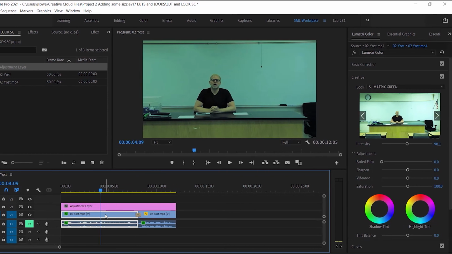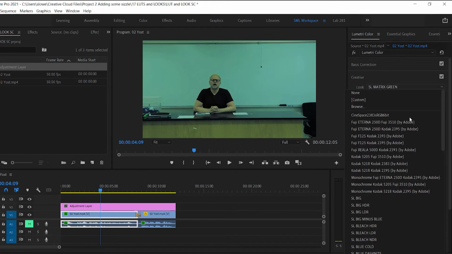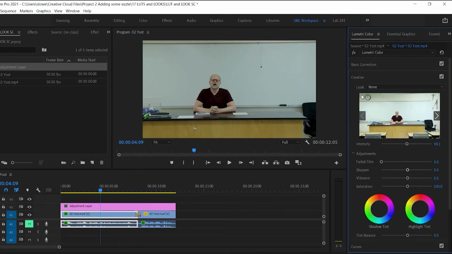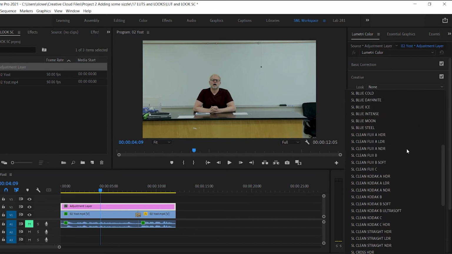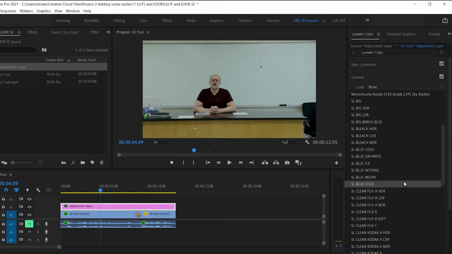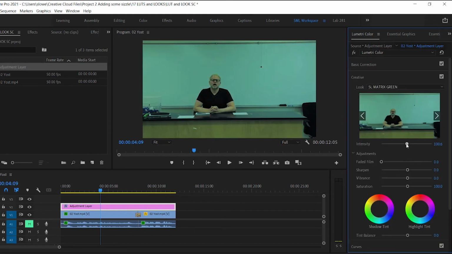And why would I do that? Well, let's say that I wanted this matrix green. I don't want it on the clip, so none. Instead, I want to apply it to my adjustment layer. And with the adjustment layer active, now I'm going to come in and say matrix green. There you go. And my intensity, I'm going to drag that down a little bit to about 50%. Nope, I want it to be exactly 50%. There we go. And now you can see it's on my adjustment layer, because if I toggle that off,